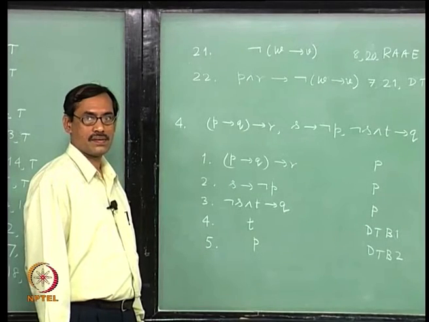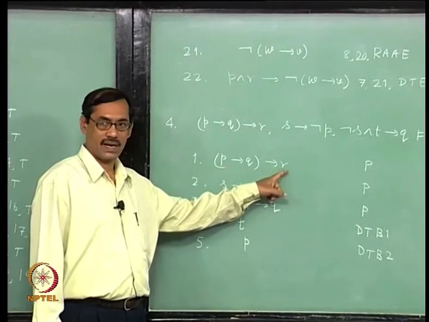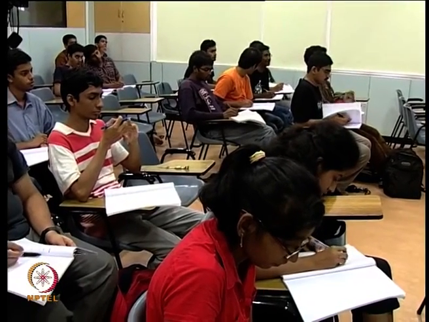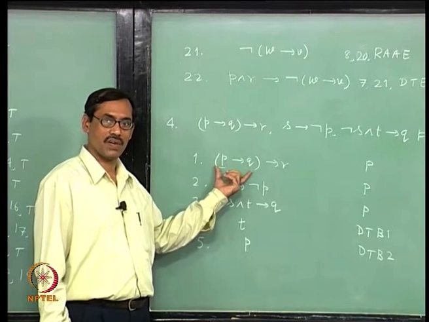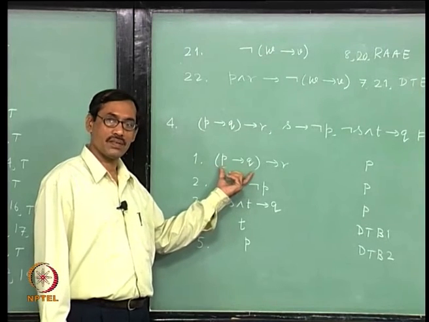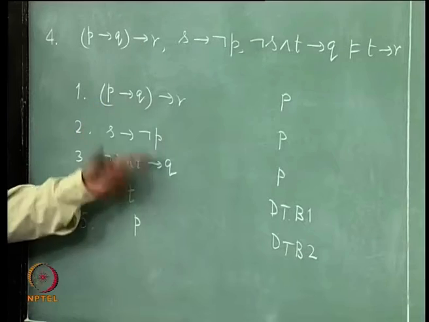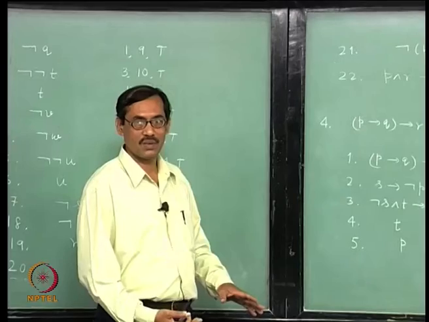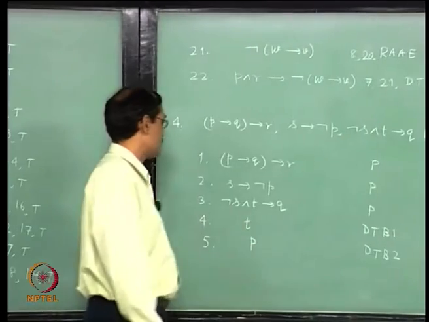So, now P is an extra premise, how do we proceed? Why do we begin with P? We want to show R, right. Now, we have a premise which says P implies Q implies R. So, if you can prove P implies Q, by one application of modus ponens, it is done. Now, how to prove P implies Q? By the deduction theorem I can assume P and deduce Q, that is what I am doing, right. So, it is a sub proof inside the proof. Now, that is possible because of this looping and nesting. Okay. So, now once we assume P, what should we do next?